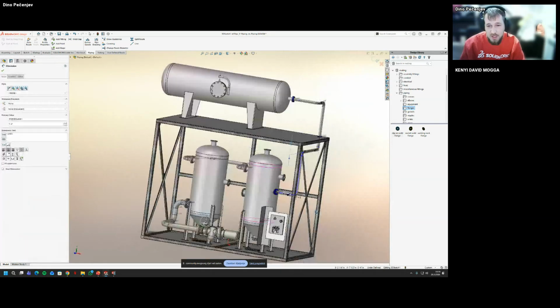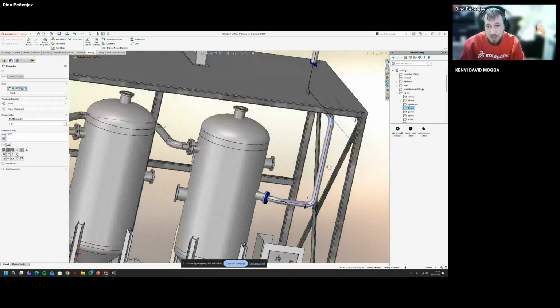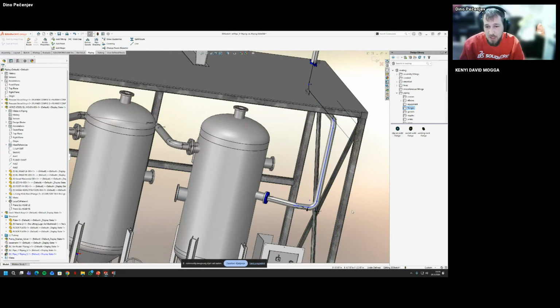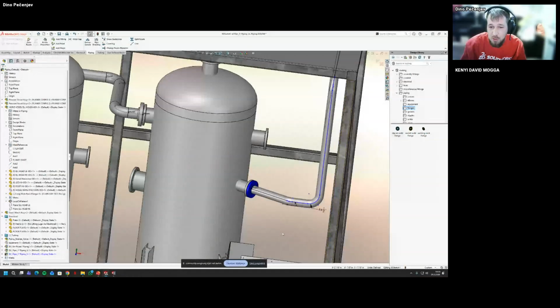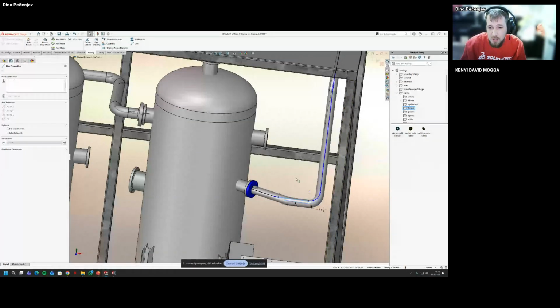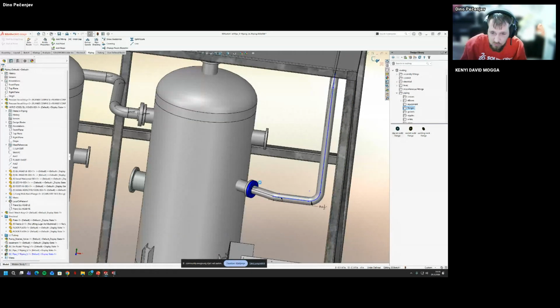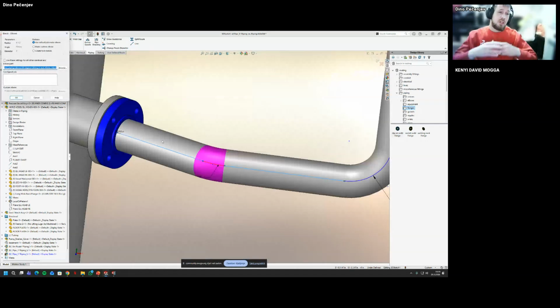So we can reorient that any way we like. And for the next part, I can leave it like here, which is okay. Here we will have an interesting scenario which we didn't encounter. If we don't set our elbows to use 45-degree elbows,